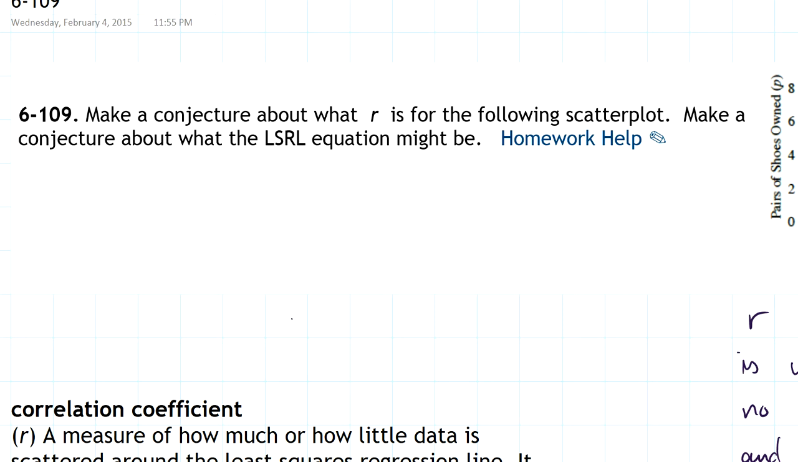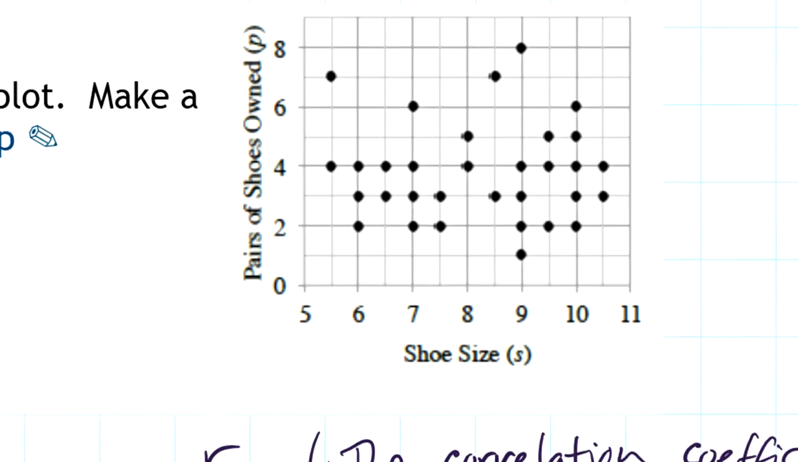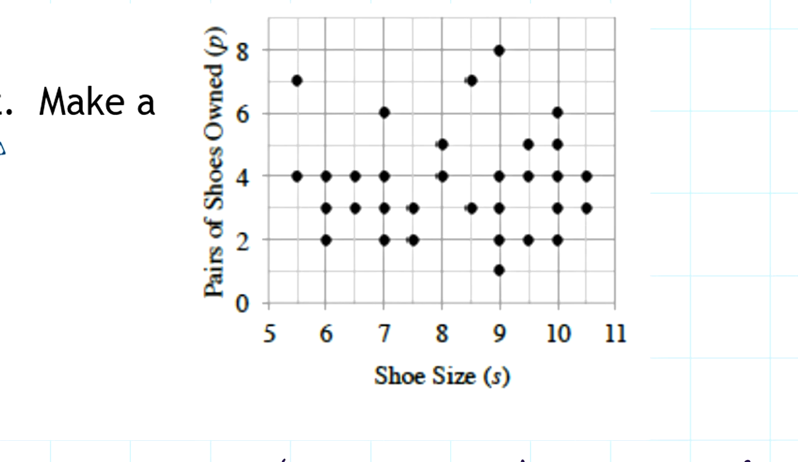This problem is a bit of a review. It says make a conjecture about R, or what R is for the following scatter plot. Make a conjecture about what the least squared regression line equation might be. So as I look at this thing, the thing I'm noticing is I don't really see any kind of indicated